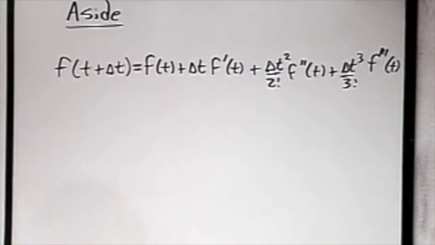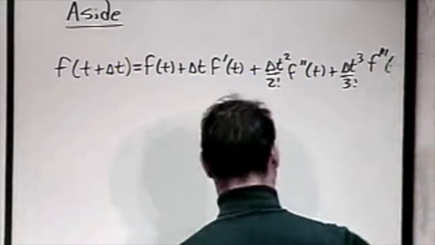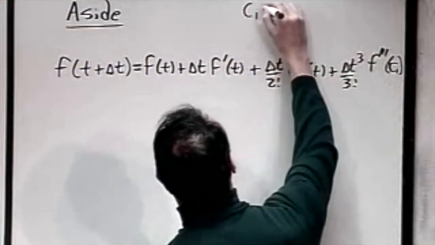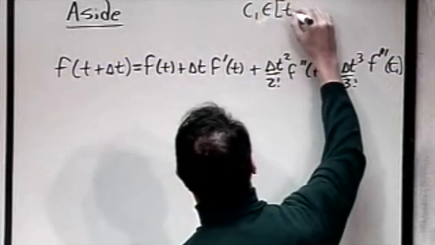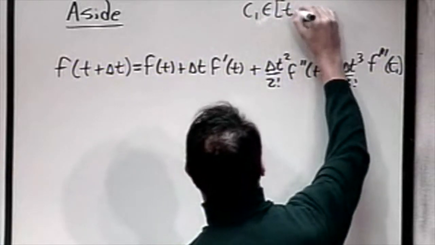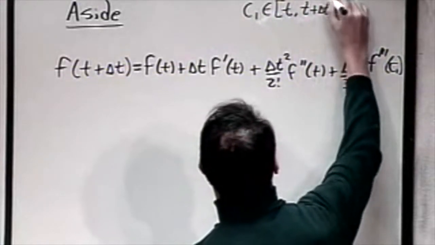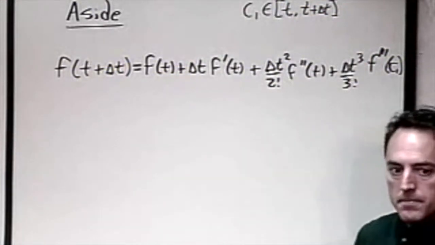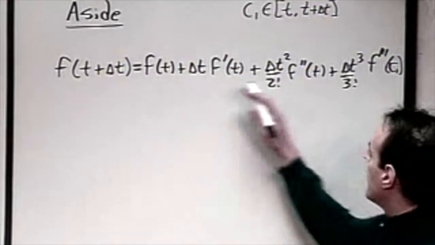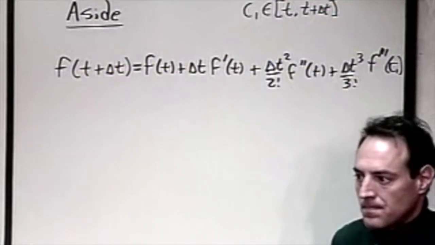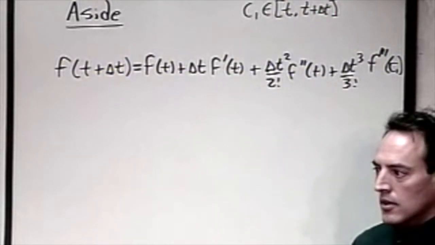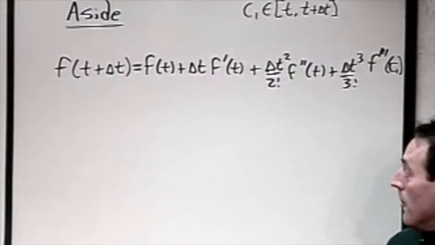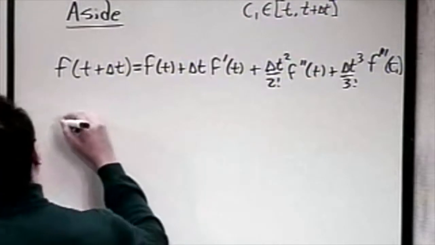So instead of f triple prime of t, it's f triple prime of, let's call it c1, where c1 is in the interval from t to t plus delta t. This is an exact result from Taylor's expansion theory. First few terms, remainder. Okay. The hero is still stuck. What do I do with this? But I'm going to do one other calculation, which is